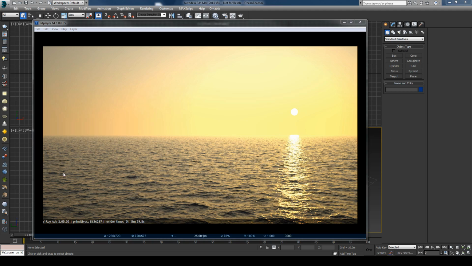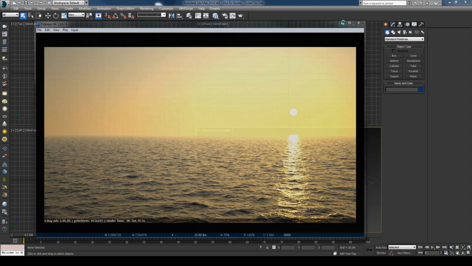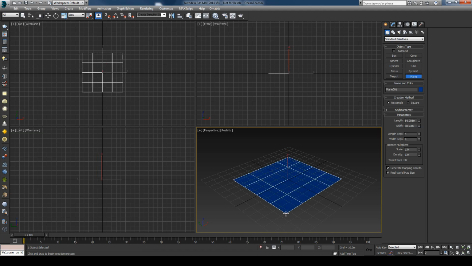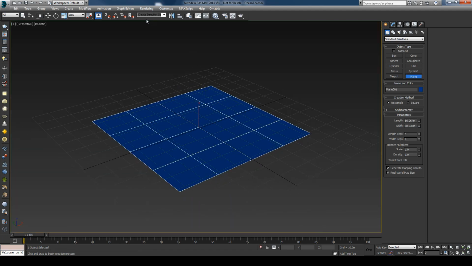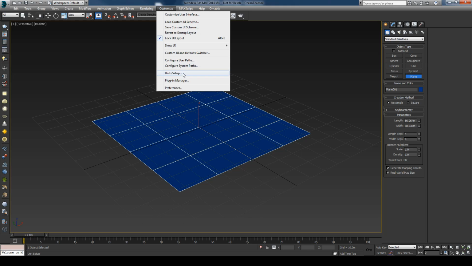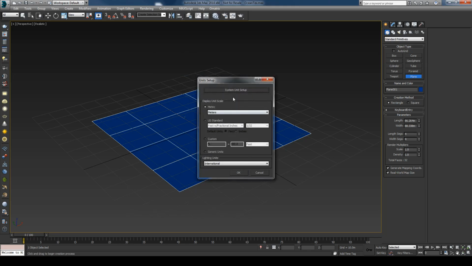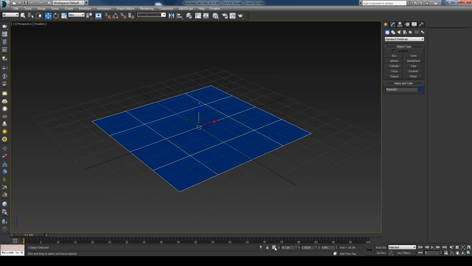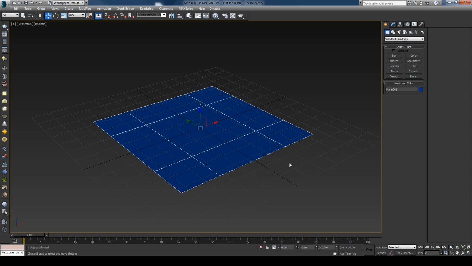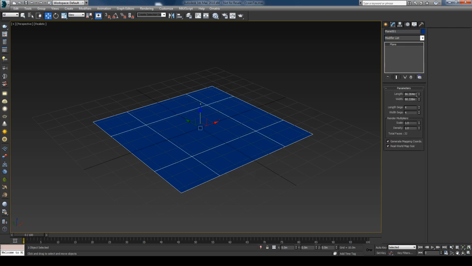For the ocean surface, I'll create a standard plane object, so I'll just create one in the viewport, and I want to make sure that my system units are set to meters, so 1 unit equals 1 meter, hit OK, and I like to keep both the system and the display units the same because it's pretty straightforward and easier for me to work with. So just hit OK and center this to the world, and let's give this plane a size. So I'll set it to 50,000